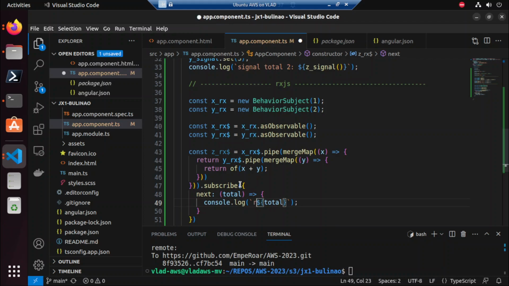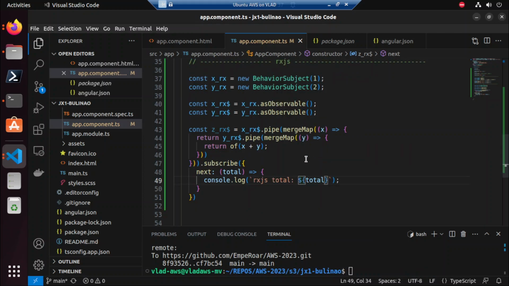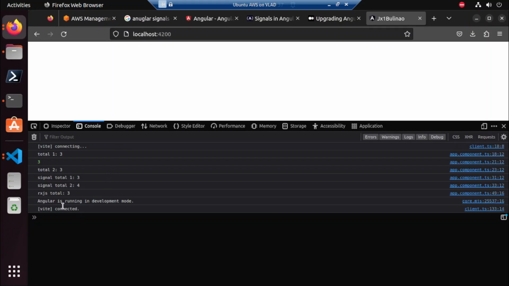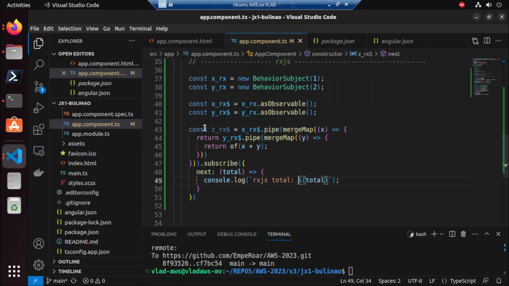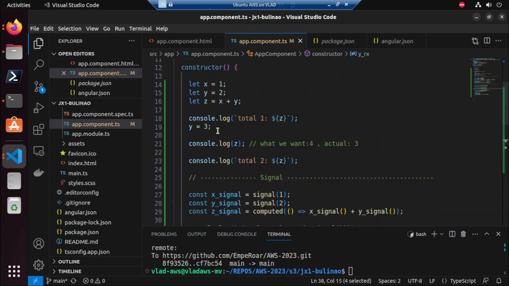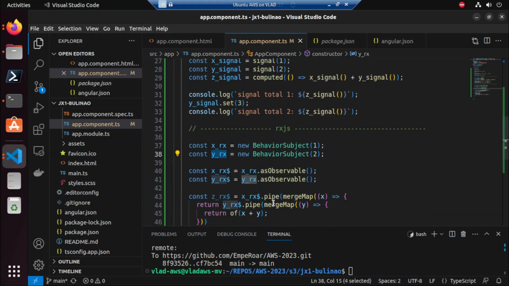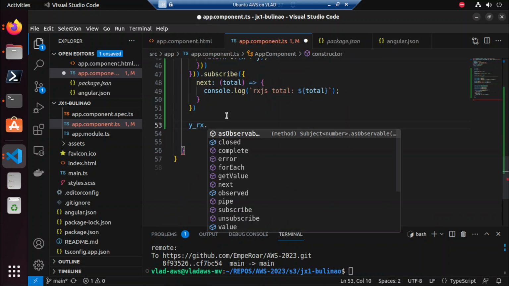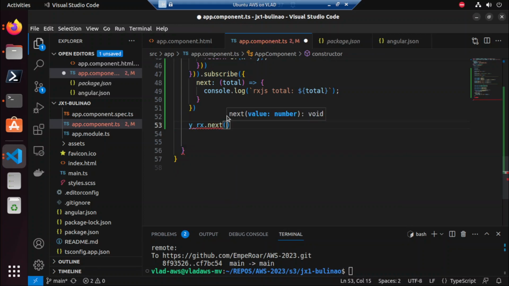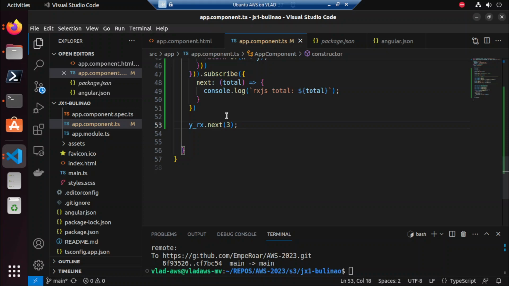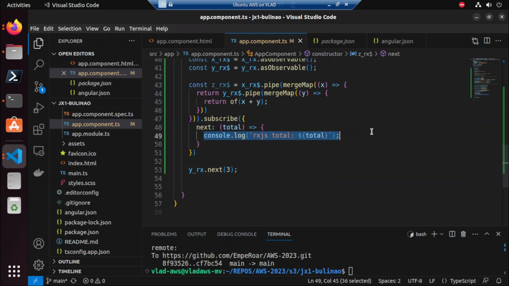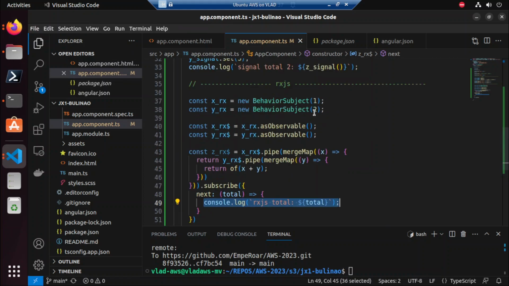So this one here is Rxjs total. So let's see if we can have a 3 for the Rxjs total. Rxjs total, so 3. And then if we want to change this to set to 3, like what we did here, we change to 3. We just say the next, so the next value is 3, and then that should trigger this to print again with 4. 1 plus 3 is equals to 4,